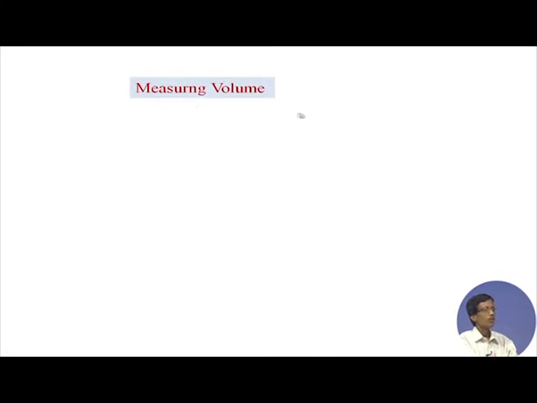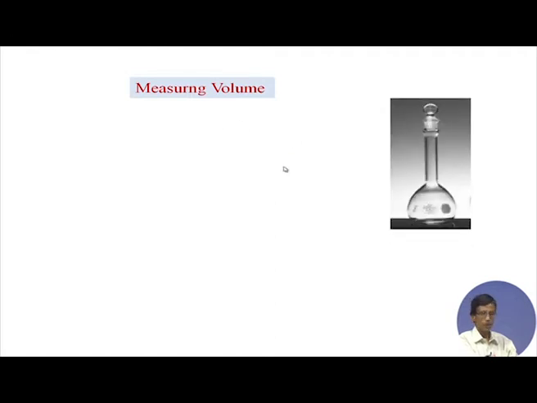So, the next one, what we can see quickly, is how you go for measuring the volume. I already told you, direct weighing using the weighing bottle. This is the example of your corresponding volumetric flask. You open the volumetric flask, and from the weighing bottle you can directly transfer the sample inside it, and there is a mark of some volume. Suppose this is a 250 milliliter volumetric flask, and once you transfer the solid, you then transfer the water from the water jet of the wash bottle, and slowly dissolve the material.